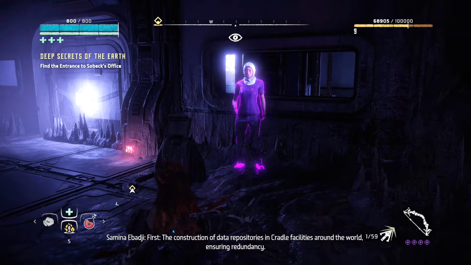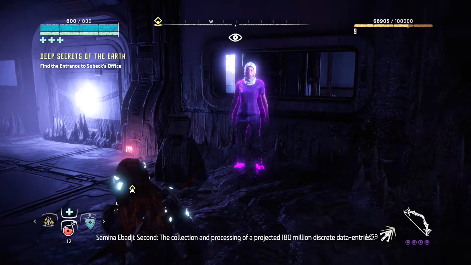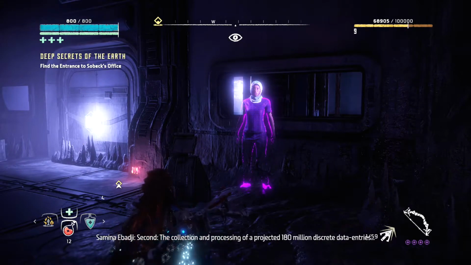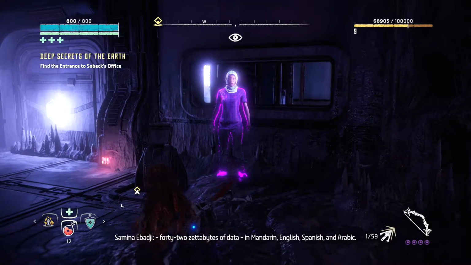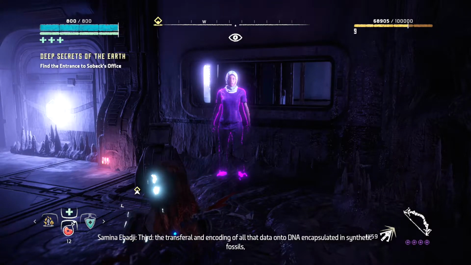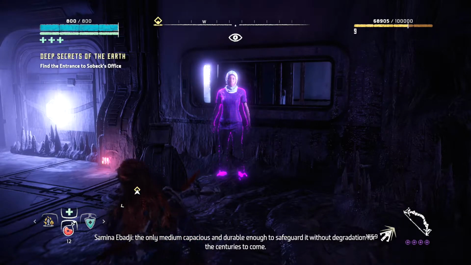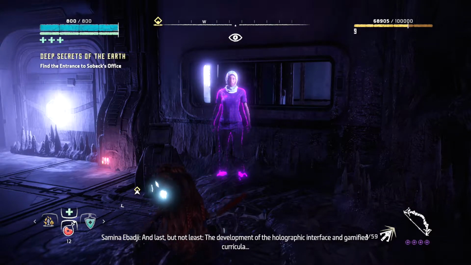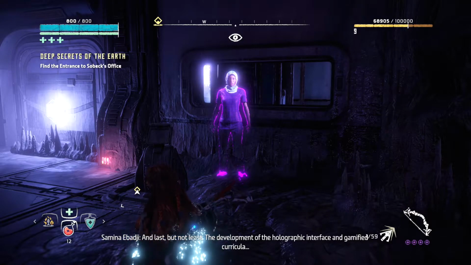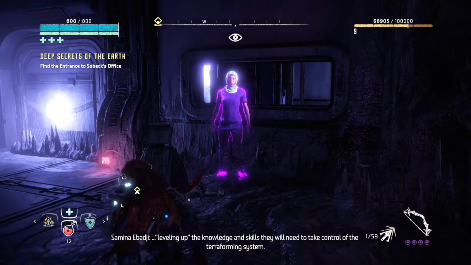First, the construction of data repositories in cradle facilities around the world, ensuring redundancy. Second, the collection and processing of a projected 180 million discrete data entries. 42 zettabytes of data in Mandarin, English, Spanish, and Arabic. Third, the transferal and encoding of all that data onto DNA encapsulated in synthetic fossils. The only medium capacious and durable enough to safeguard it without degradation for the centuries to come. And last, but not least, the development of the holographic interface and gamified curricula, by which future humans will commune with Apollo, progressively unlocking heuristic learning modules, leveling up their knowledge and skills they will need to take control of